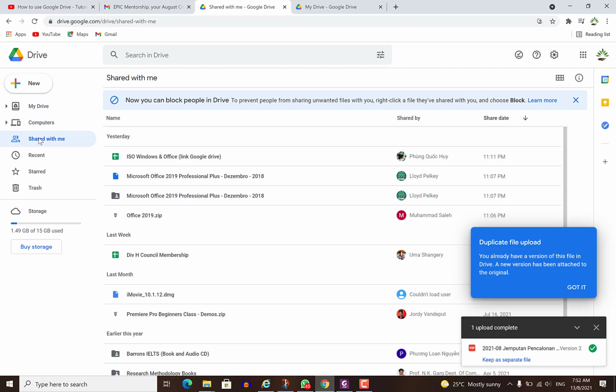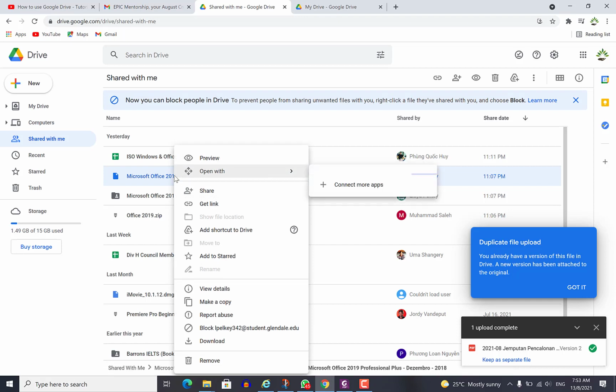These are files that were shared with you. When other researchers or other colleagues of yours share files with you, this is where you see them. You can see them over here. All those files, you see them here. They are not present in your main drive. They are only present here in shared with me. But you have the option to bring back any file by just clicking on it.